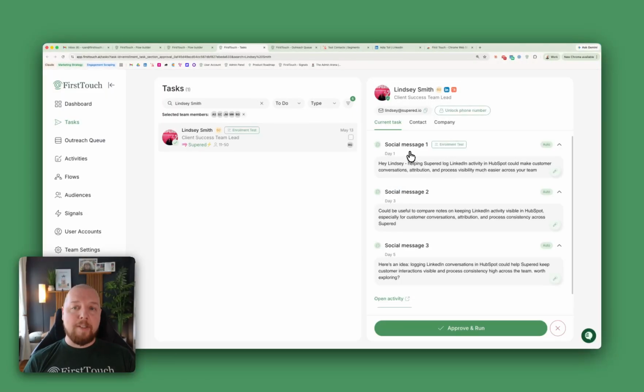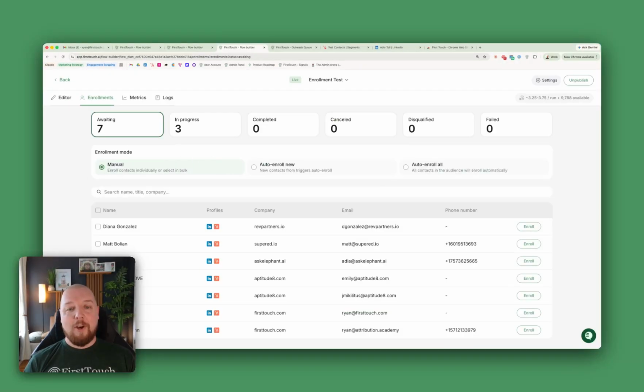When you have multiple messages that are going to go out in a sequence, we generate all of those at one time, even though there are delays that will happen before sending each message. So you can look here and make sure that the whole sequence is good to go before you hit approve and run. Once you've put a few test contacts through and you're happy with how it's working, you can go ahead and switch over to one of these auto-enroll new or auto-enroll all options,